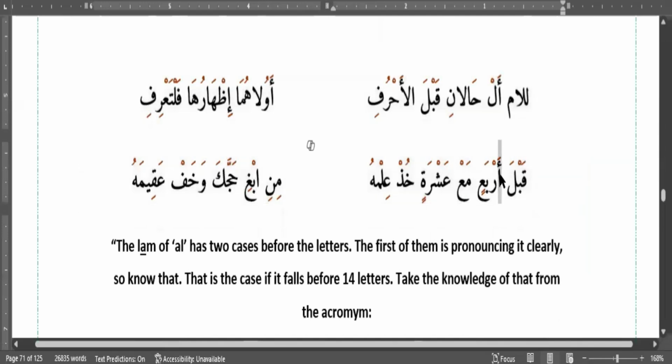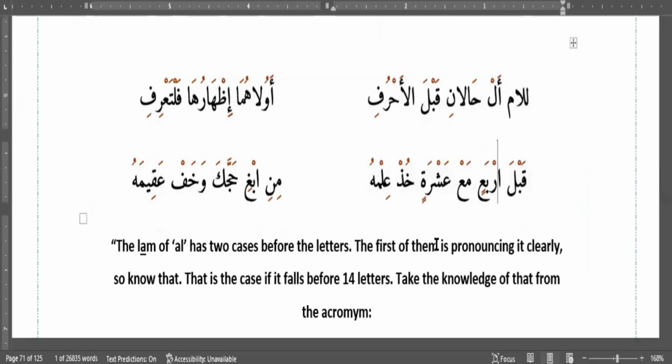Here, this should be not Hamzatul Qata'. It is originally Hamzatul Qata', but for the sake of the poetry, it needs to be Hamzatul Wasl, so that we don't break the beat. قبل 4 مع 10 خذ علمه من ابغ حجك وخف عقيمه